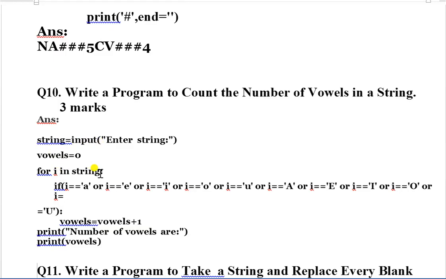Now for i in string, it will check all the letters, whether uppercase or lowercase. When the letter is a vowel, in the if statement, it will increase the value of vowels by 1.